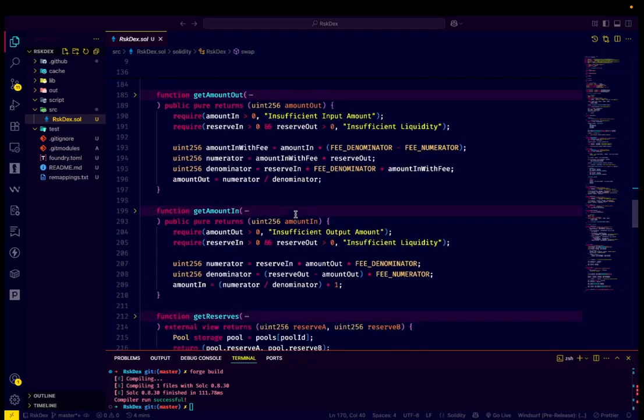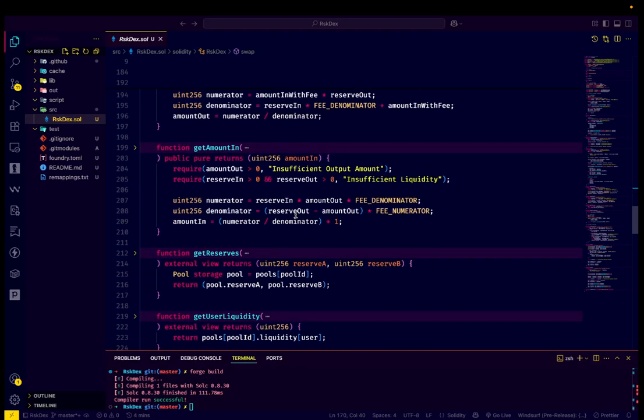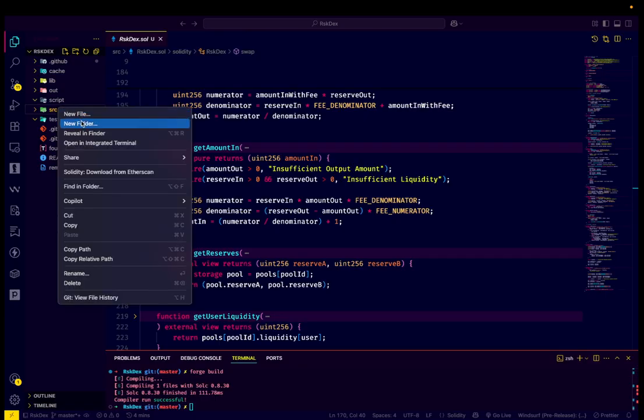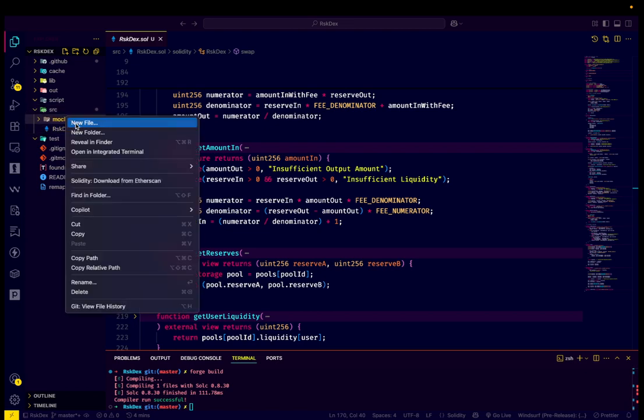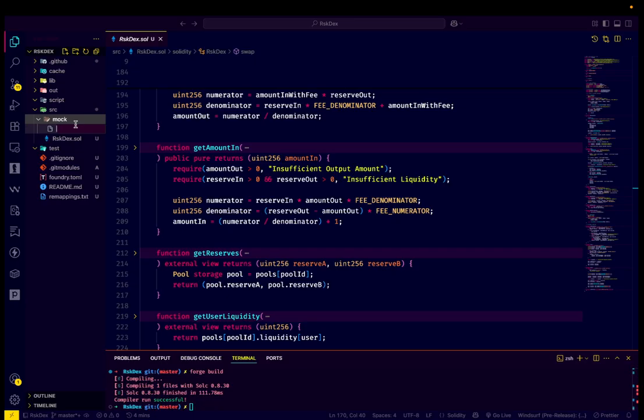We will test everything. We will write some of the bad tests. I will show you some of the best test practices, how you can test smart contracts using Foundry. So let's go ahead and let's first create a new directory inside the source. Let's name it mock, and inside that mock let's create a new file, mock